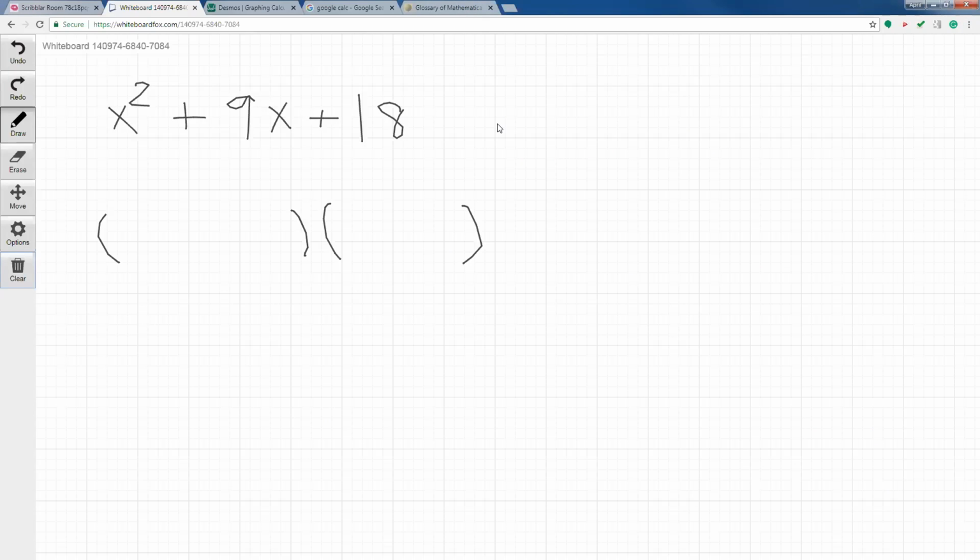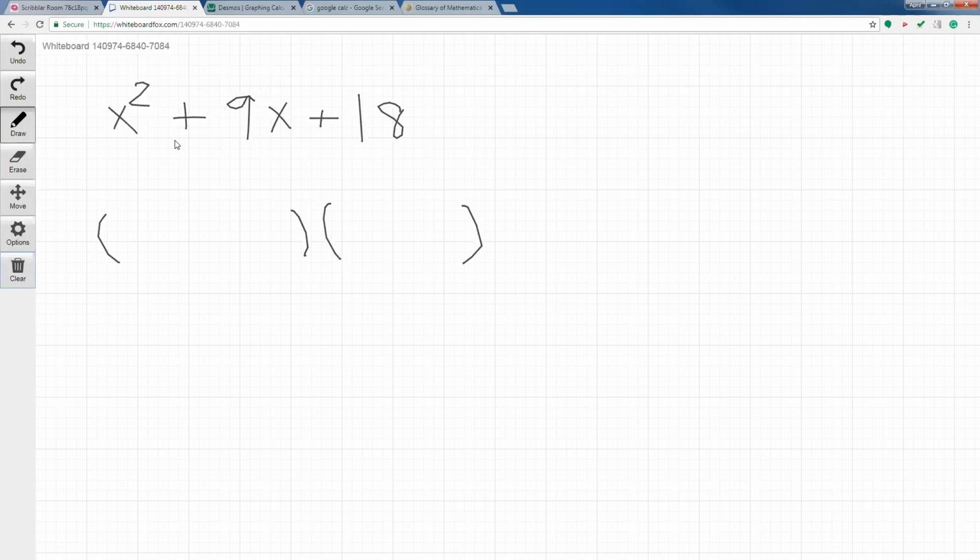Is that an 18 or is that? That is an 18. Okay. That's just my bad handwriting because I'm writing with a mouse. And that's a 9x, just in case the 9 looks too weird. So x squared plus 9x plus 18. And absolute values. All right. Yeah, no absolute values on this one. So